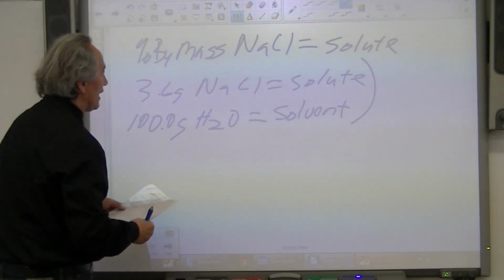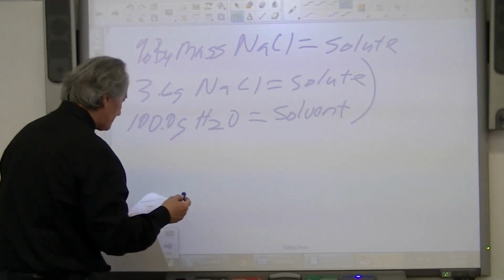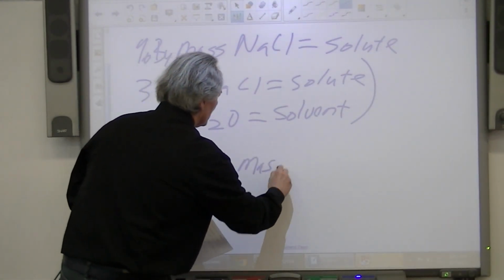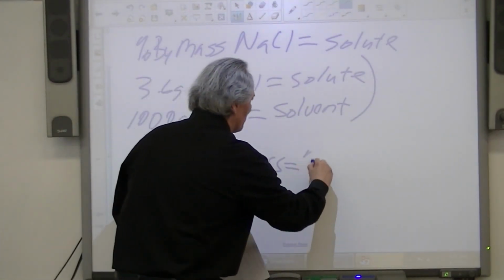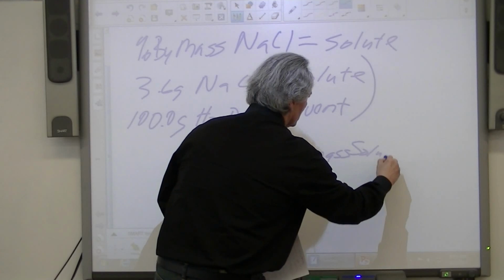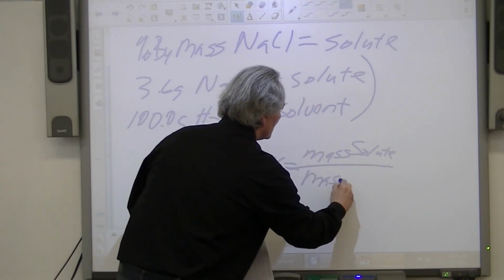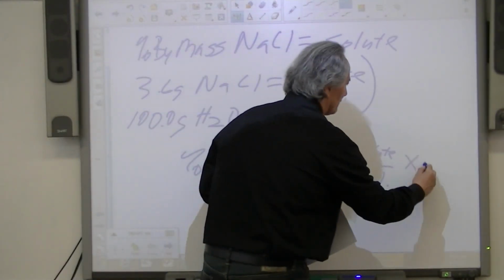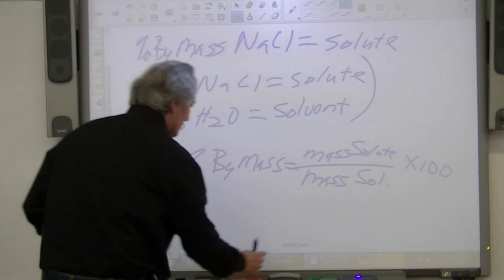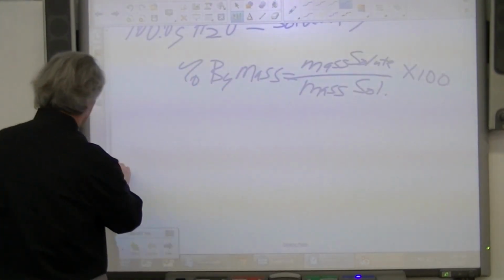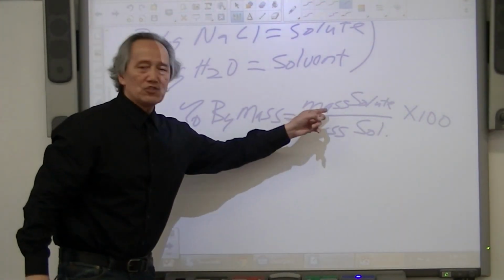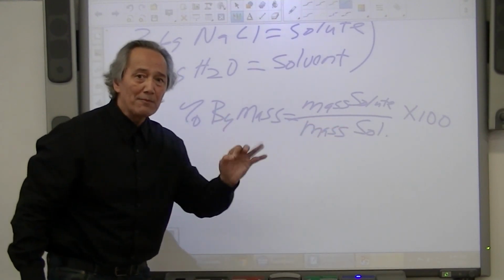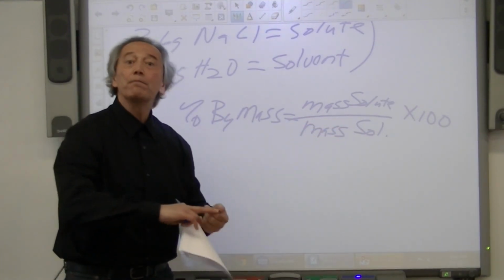Now, in this particular calculation, let's identify percent by mass. Percent by mass is expressed as the mass of solute divided by the mass of the solution, which I'm going to abbreviate SOL, times 100, which in fact will give us a percent. Let's extend that so we can get a little more working surface. Now note, the mass of solute we were given. We also need to calculate the mass of the solution. And remember, the mass of solution is both the mass of the solute plus the mass of the solvent.